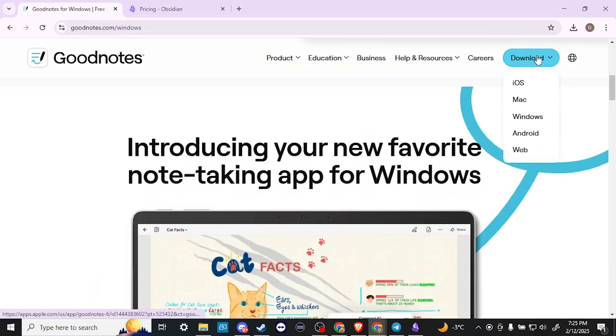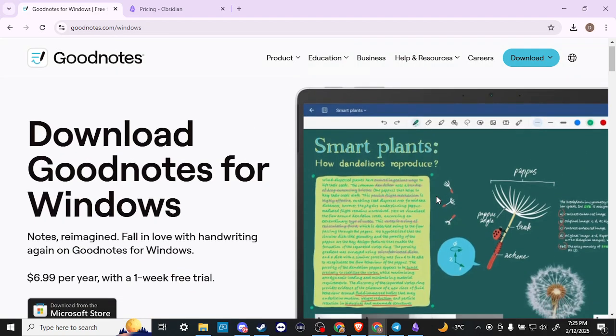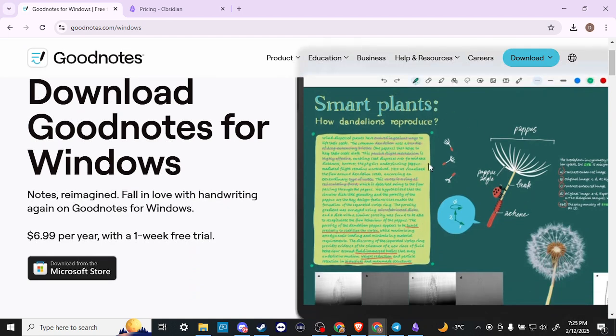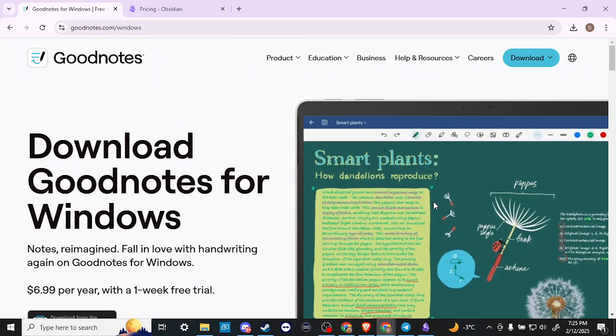And if we go up here to the top where it says download, then we can see that we have a few options to download all the major platforms: iOS, Mac, Windows, Android, and there's even a web version. So you can definitely use it on your PC if you have a pen, a stylus that you want to use. But this is more so engineered, I would say, for a tablet. And we can kind of see that here in the image that they have. And again, it's much more engineered towards people who like handwriting and want to draw and things of that sort,